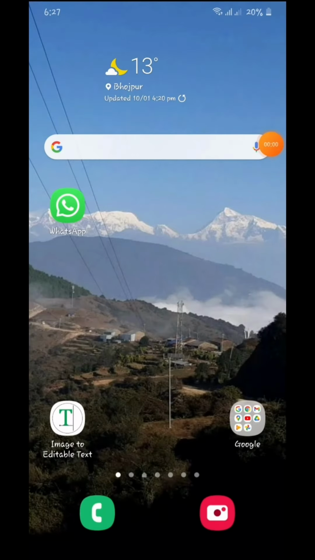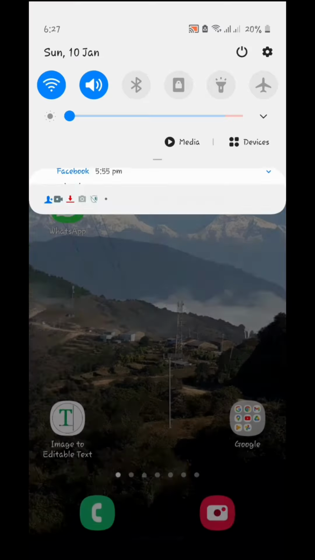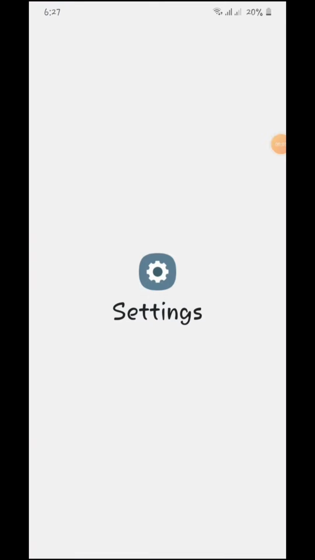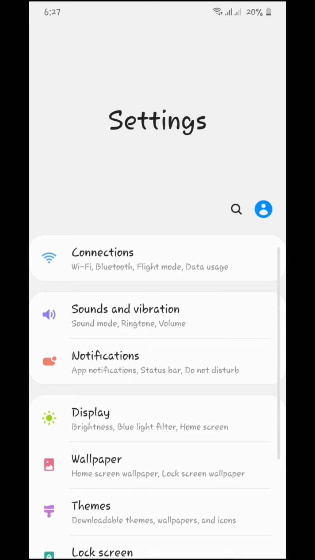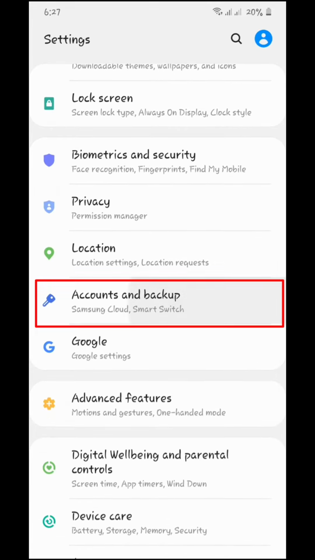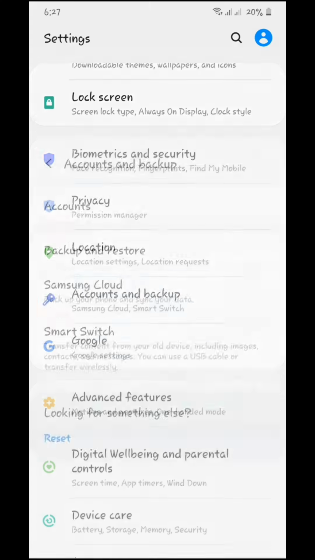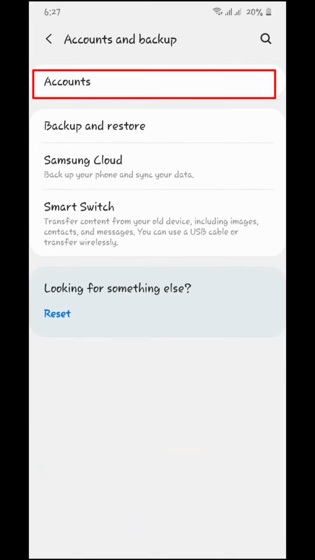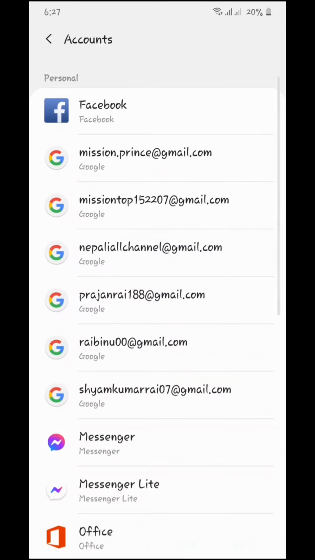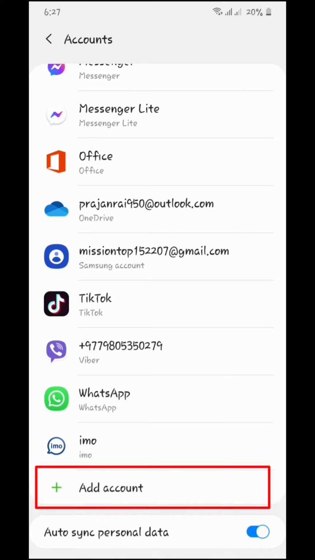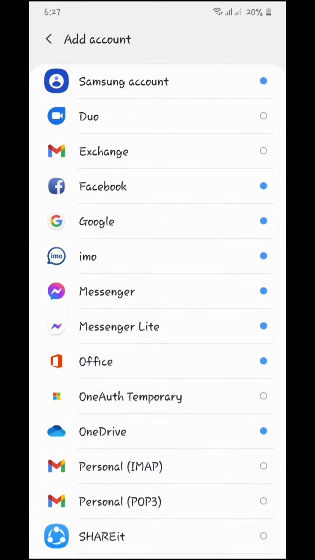You can see here, now I'm going to open my Android settings and tap on accounts and backup options. And I'm going to tap on accounts, and now I'm going to choose add account options. Tap on Google options,